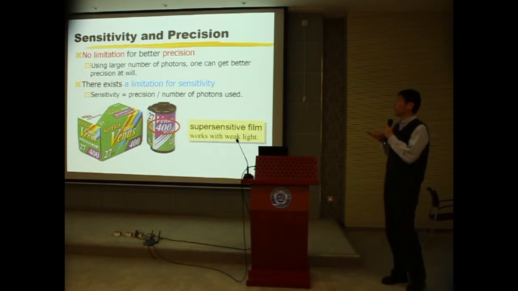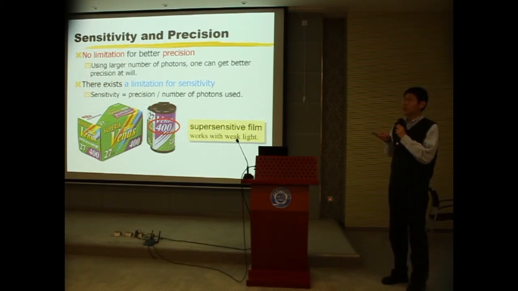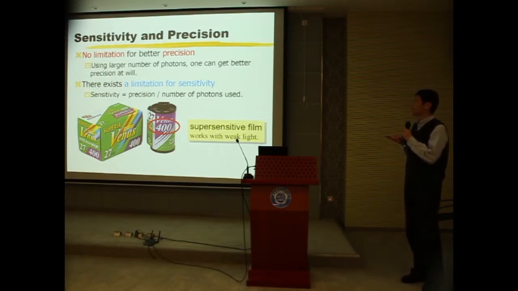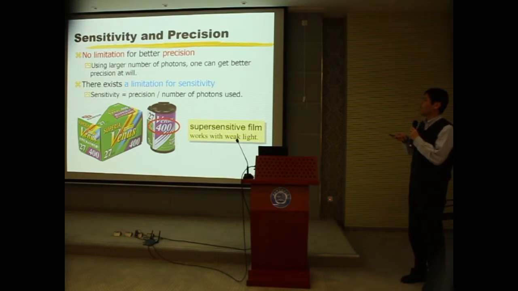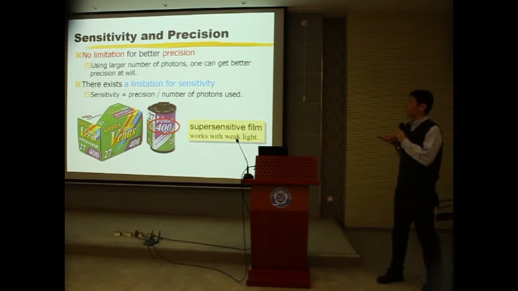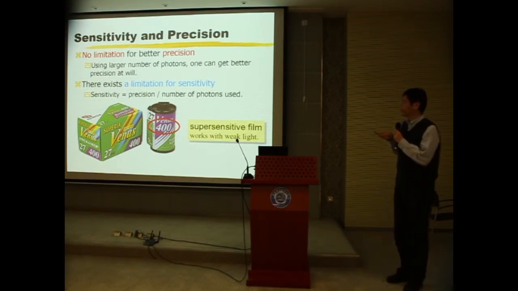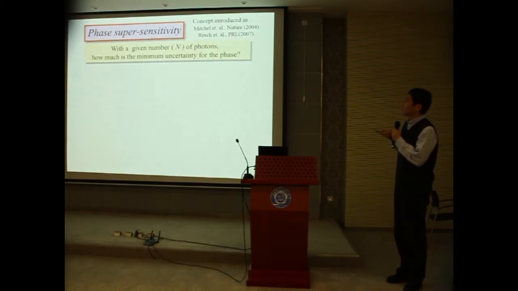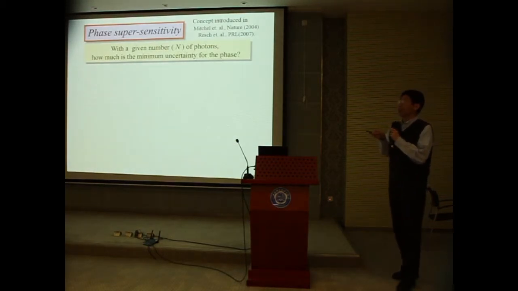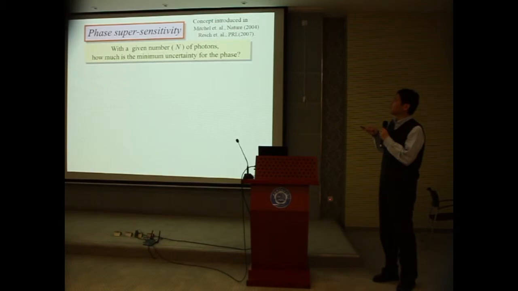In order to improve the precision, what you have to do is use more resources. Using a larger number of photons, one can get better precision at will, in principle. However, there exists a limitation for sensitivity. Here, sensitivity is precision divided by number of resources. Okay, so then the question is, with a given number of photons, how much is the minimum uncertainty for the